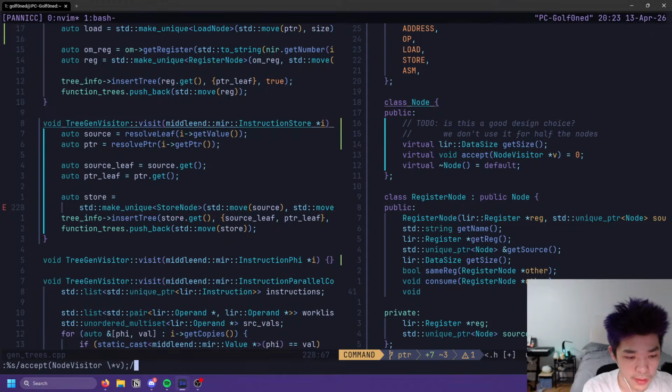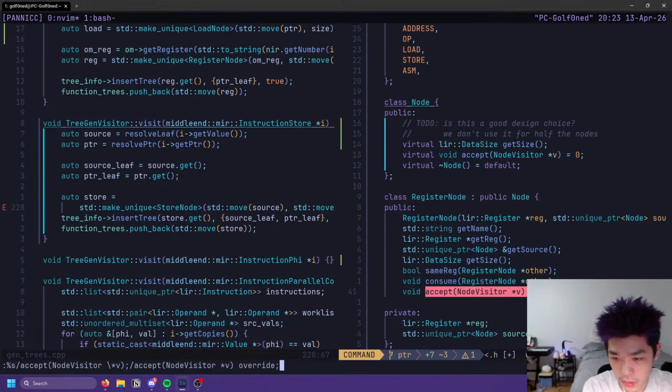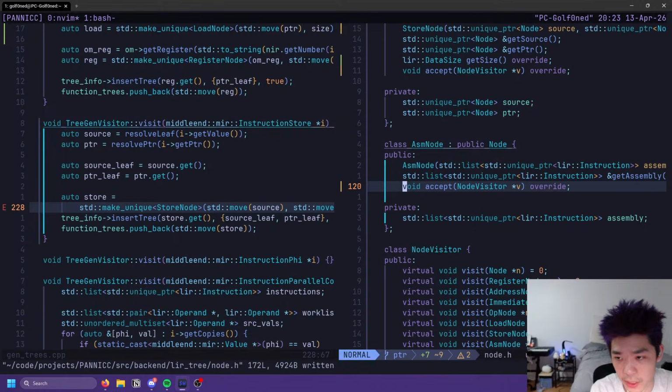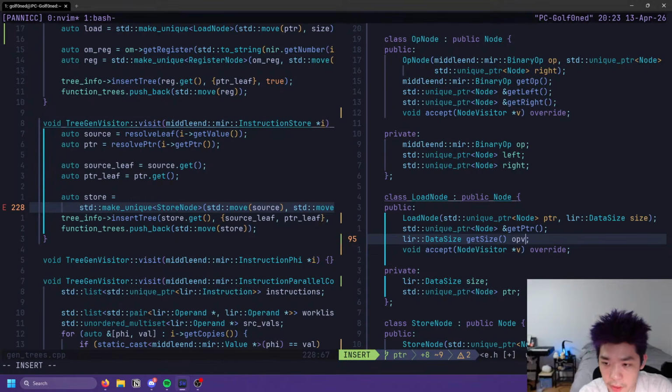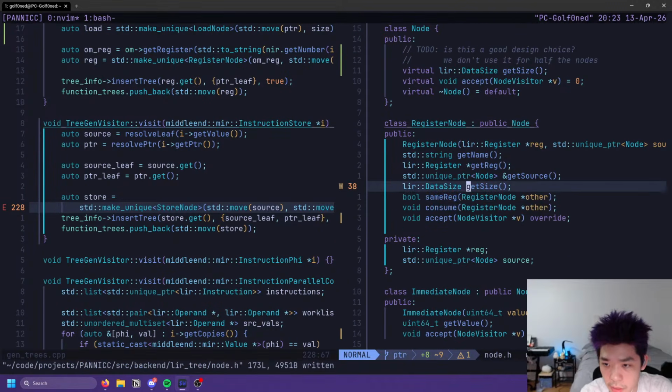Let's replace it with accept NodeVisitor star v, virtual or override. Like that. There we go. All fixed. This needs to be override as well, and then this needs to be override as well.